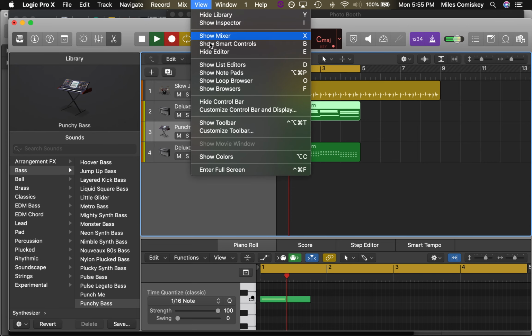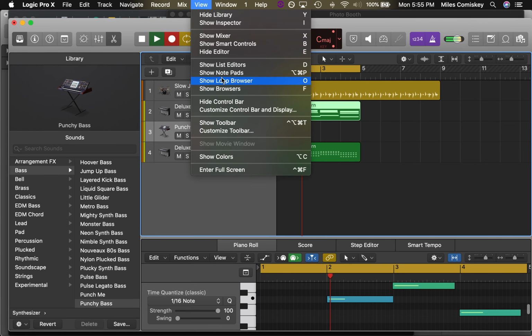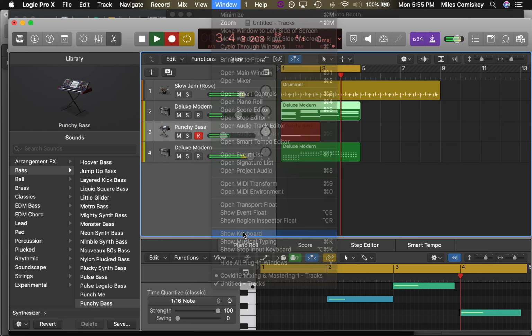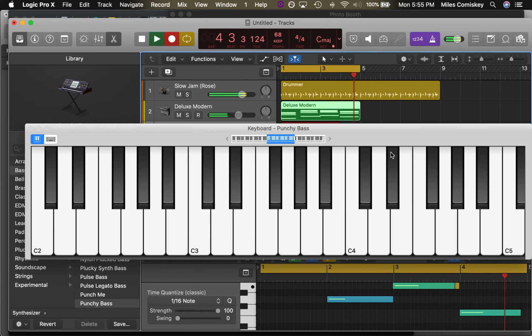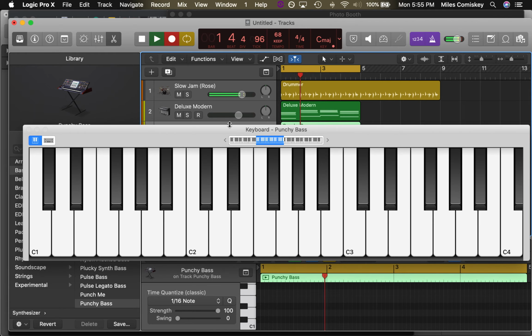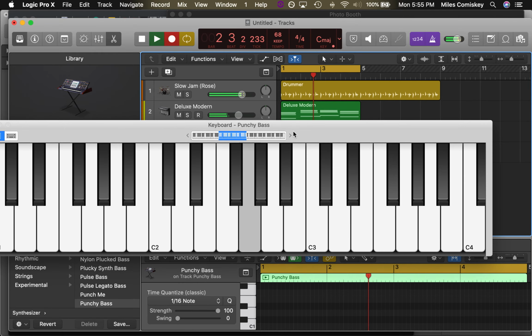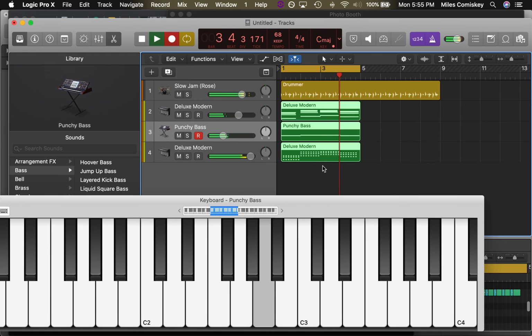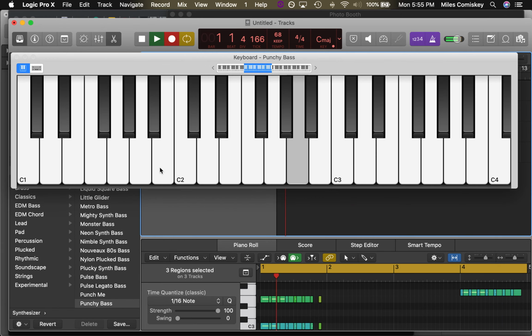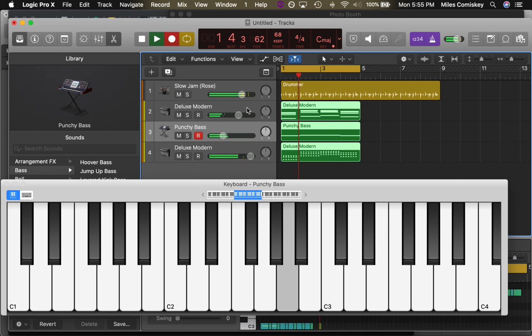C. Oh, I lost my keyboard. G. It's not showing up here anymore, but